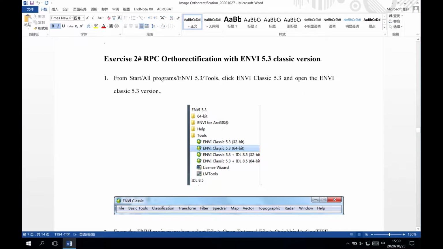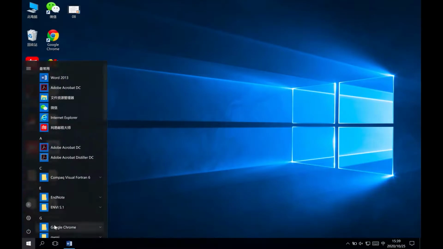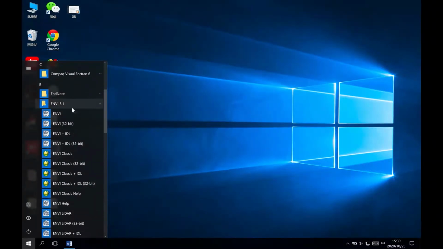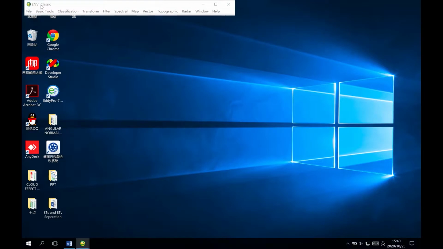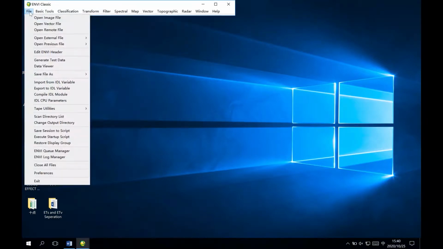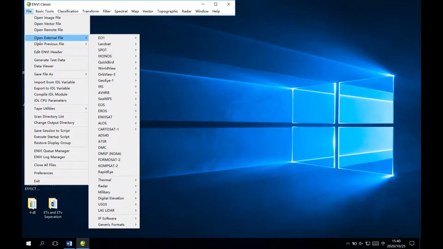Okay, now let's begin the second exercise, RPC Orthorectification with the ENVI Classic version. At first, we need to start the ENVI Classic software. From the Start, All Programs, find the ENVI icon in the drop-down list, or in the Tools, find ENVI Classic. Click it. And now we can see the ENVI Classic software on the screen. From the File in the ENVI menu, in the drop-down list, find Open External File,